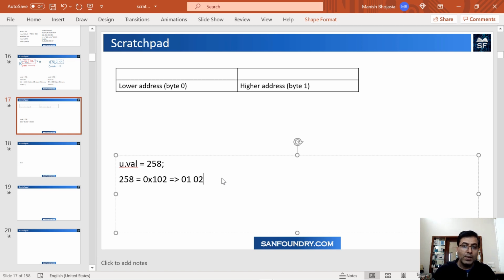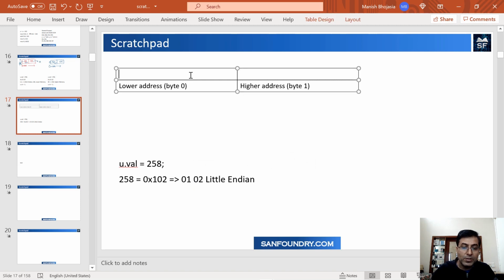Now I am doing all of my lab exercises on an Intel architecture. Intel architecture is a little endian machine. In a little endian machine, the least significant byte goes into the lowest address. There are 2 bytes, one least significant and one most significant. So 02, this value in hexadecimal notation, will be stored here, and then 01 will go here. So that's the summary here, right? This is very important for us to remember.